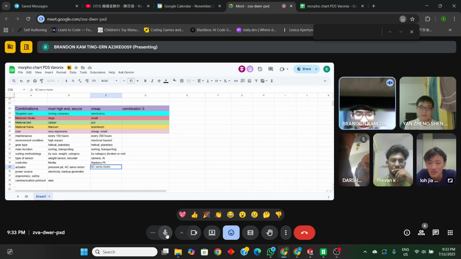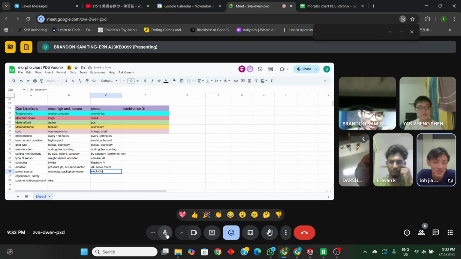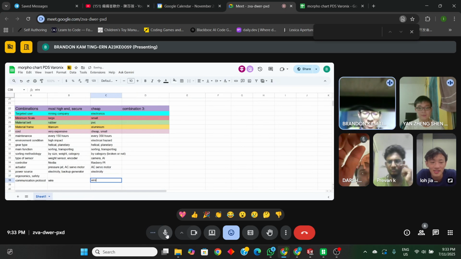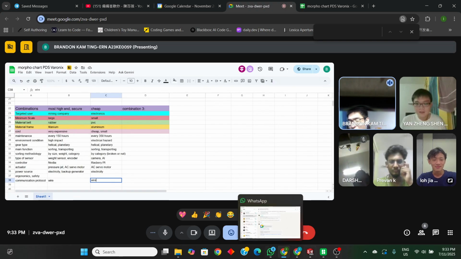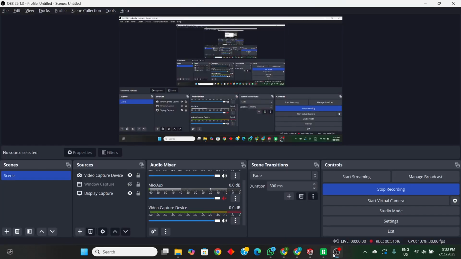Okay, power source. Electricity. Okay, right. Wire or wire. Okay lah. Since it's also very small already, so we don't need that much wire also. Okay lah. So okay, like this is our PDS. Yeah. Okay, all right. Okay, so if anything after this